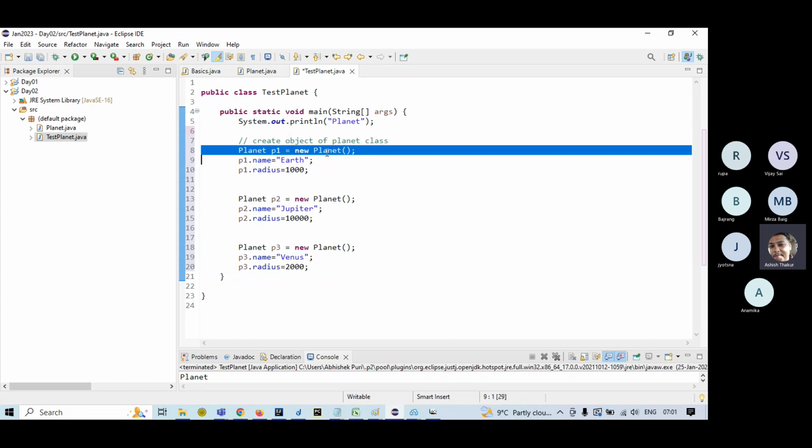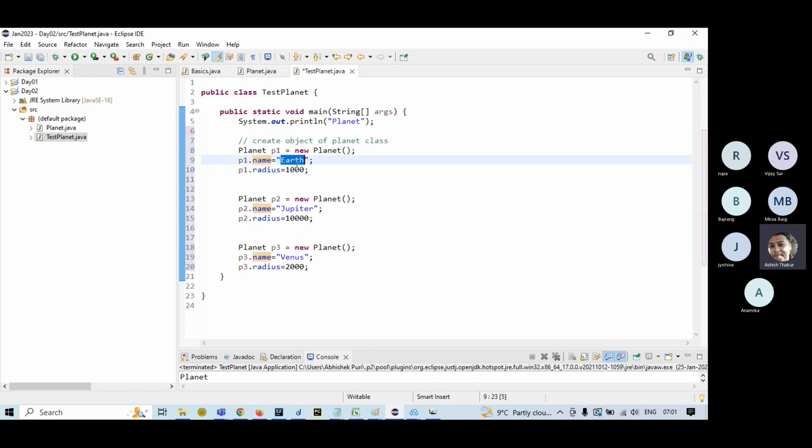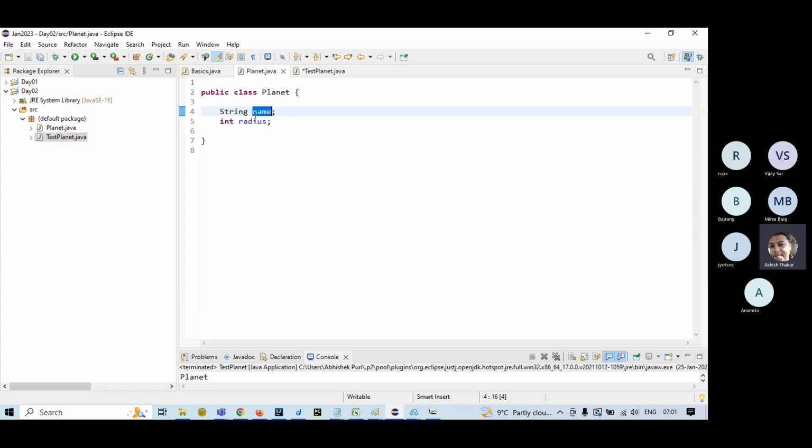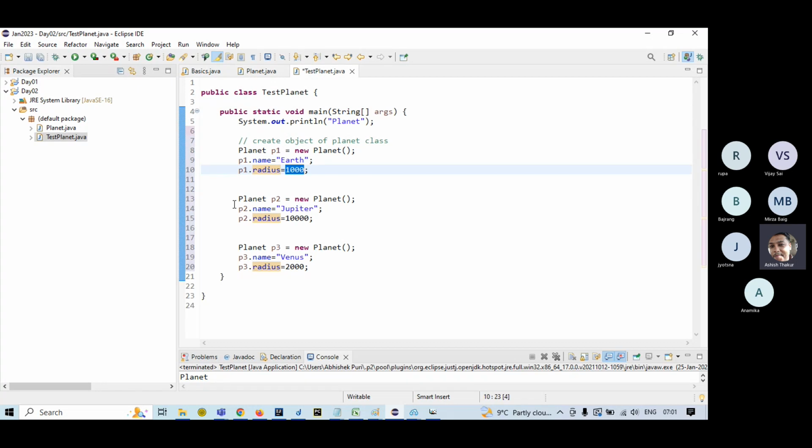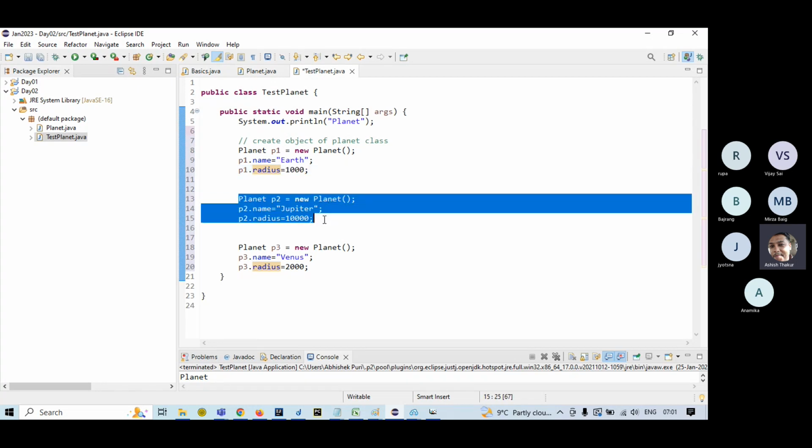We call it the object of the class. And for this object, I gave the name as Earth and radius as 1000 because in the planet class, I had declared name and radius as two parameters. So I've created three such objects,